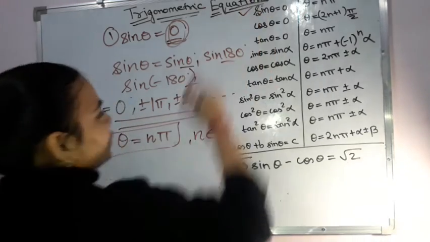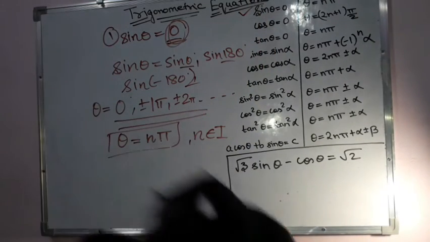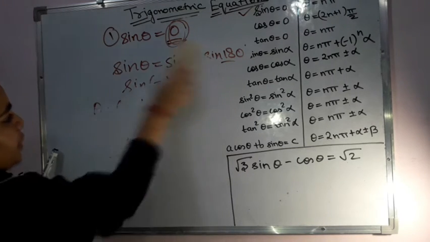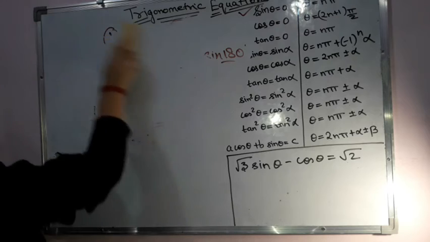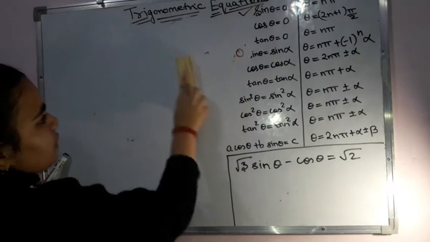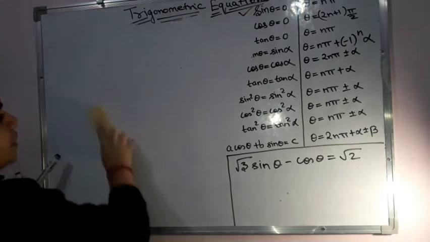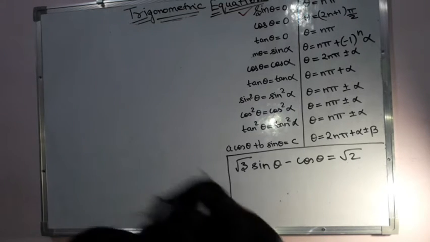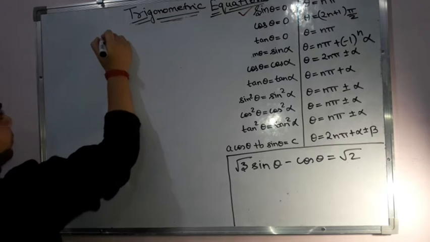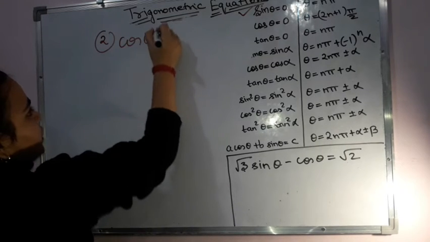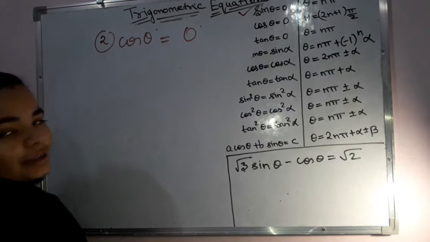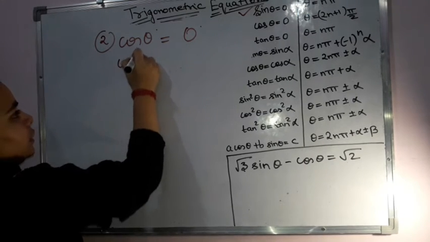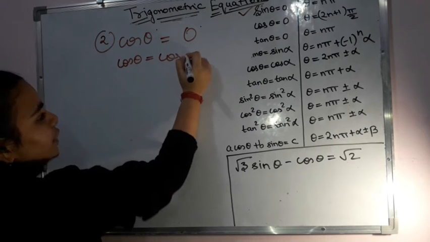So we have solved this first one. So we have derived this. Now let us assume our second equation is that cos theta is equal to 0 degree. Now when cos theta is equal to 0 degree, we know that cos value becomes 0 at cos 90 degree first time, because we have learnt the standard angles which are there. So my second equation is cos theta is equal to 0 degree. When is this the case? When I have cos theta is equal to cos of 90 degree.